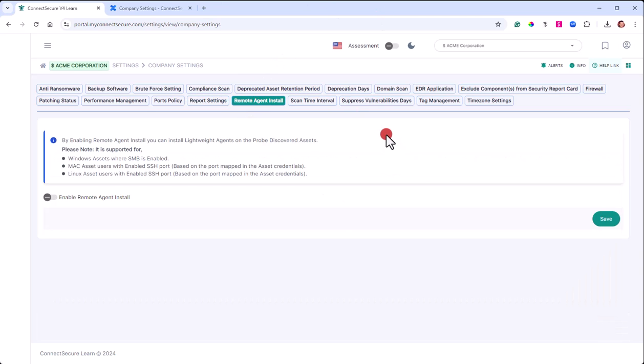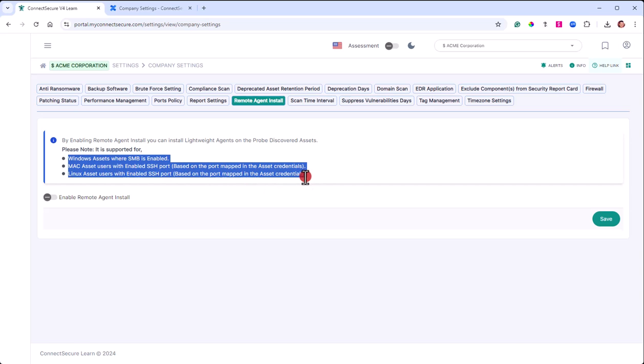Remote agent install. This is available only at the company settings. You won't find this in the global settings. So at the customer level, you can come in and enable remote agent install. What this will do is use the probe agent, and it will attempt to install our lightweight agent on any asset it detects